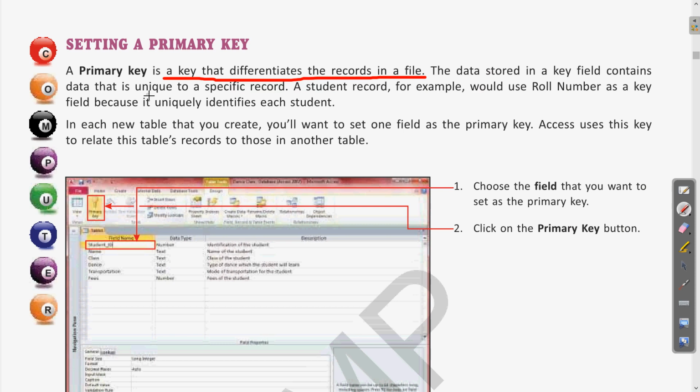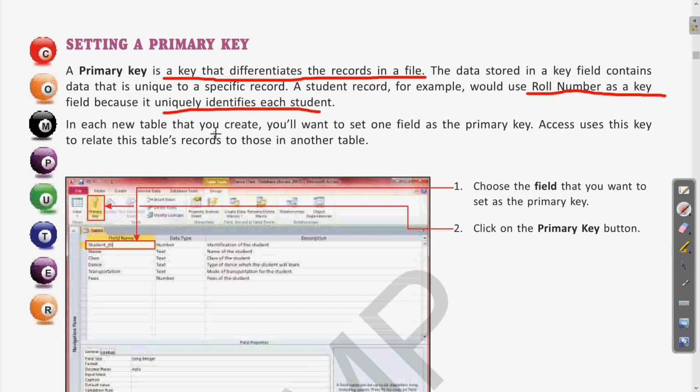That is why the primary key is chosen as a field having different values for all of the different records. A student record, for example, would use a roll number as a key field because it uniquely identifies each student. The roll number in a class is unique for all of the students, so the roll number can be chosen as a primary key.